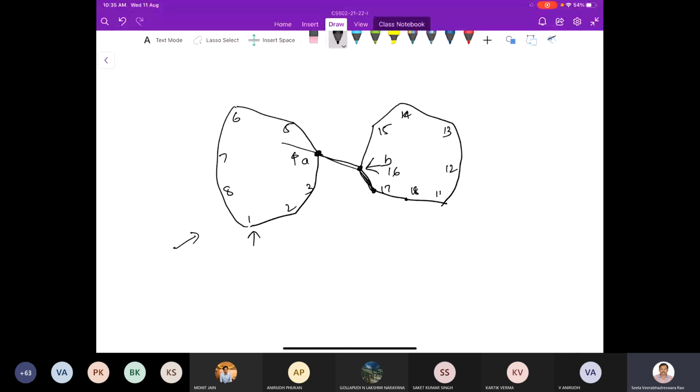Okay, so how can we check whether, given two points on either side, one on the left hull and one on the right hull, they form an upper tangent or not? How can we check this? We are checking whether it is the upper tangent for the left hull or not.